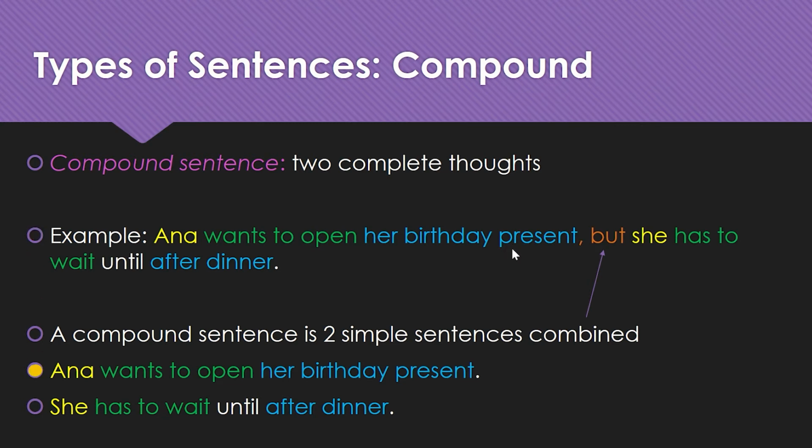And so that's a complete sentence. Anna wants to open her birthday present. And another complete sentence after the coordinating conjunction, she has to wait until after dinner. And of course, we went over the structure of the